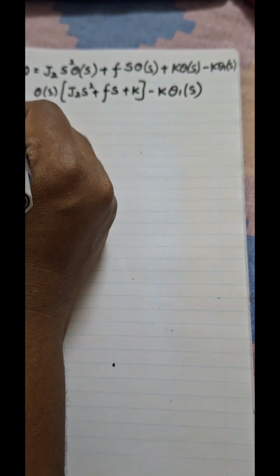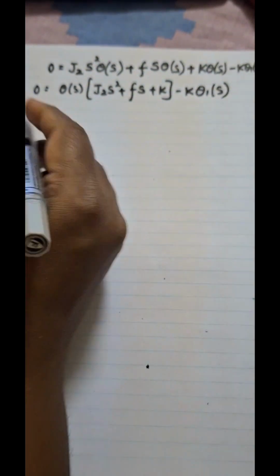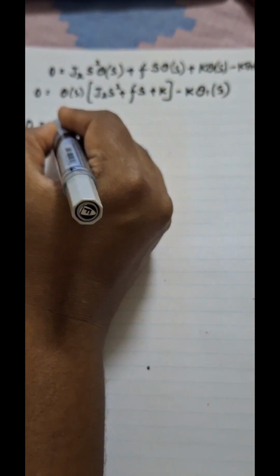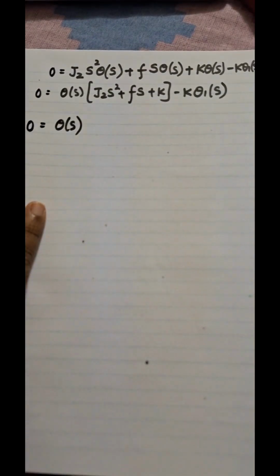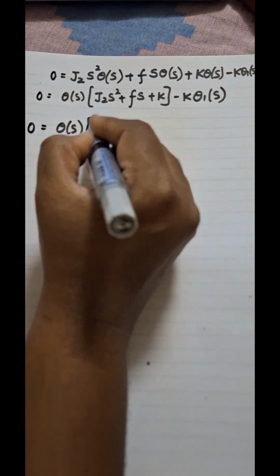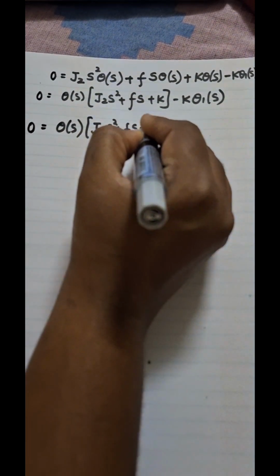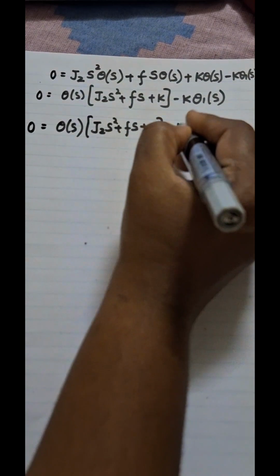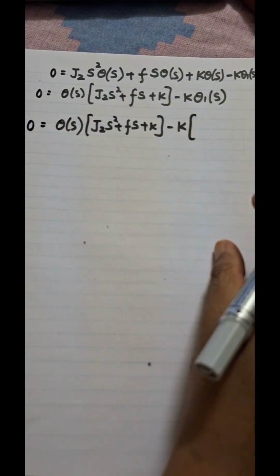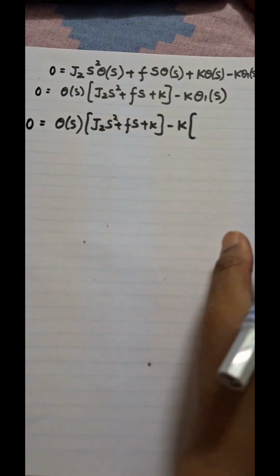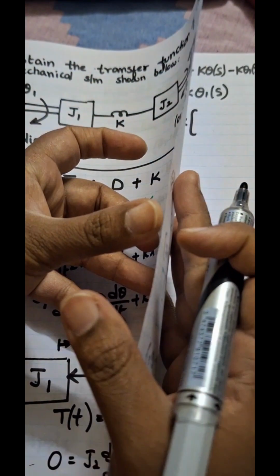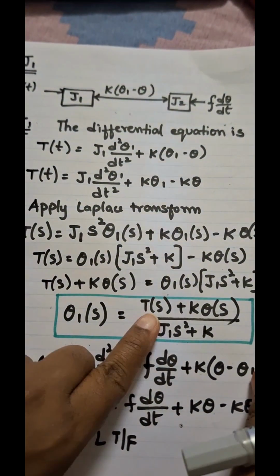So now it will be 0 is equal to theta of s into J2 s square plus fs plus k, minus k into, what is my theta 1? My theta 1 is T of s plus k theta of s